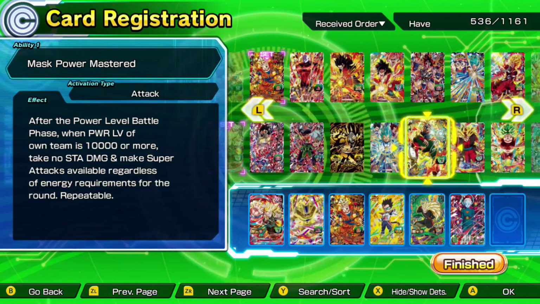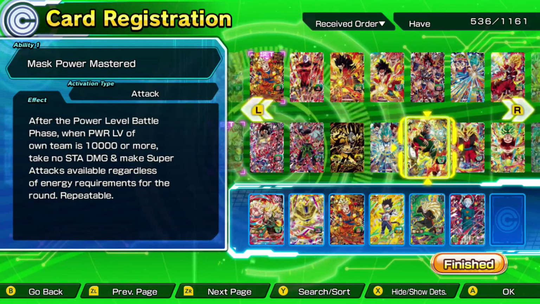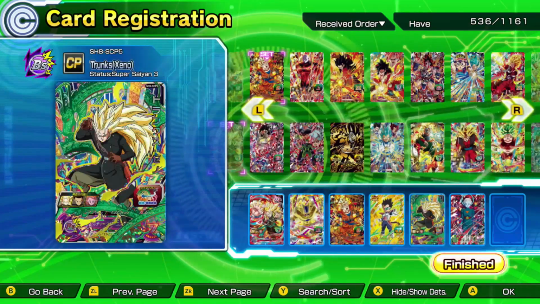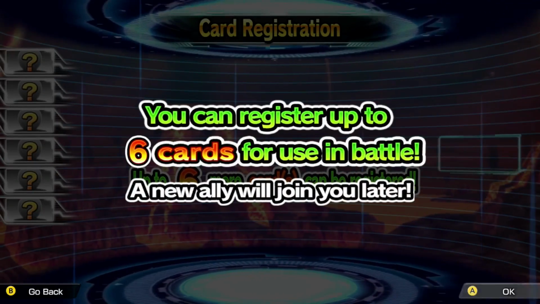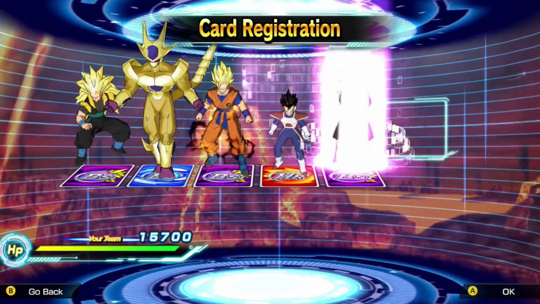And he'll just be able to super regardless as long as your own team's power level is over 10,000. And he takes no stamina damage. So this is a very good card because that's also a repeatable effect. So as long as you have really high power level, then you're fine. But like I said, all we have to do is survive turn 1. And then turn 2, Zamasu is going to just get completely body bagged because he's just not going to stand